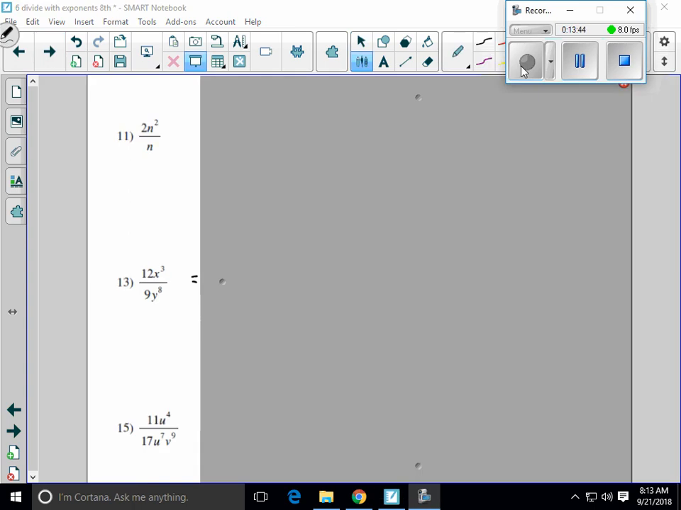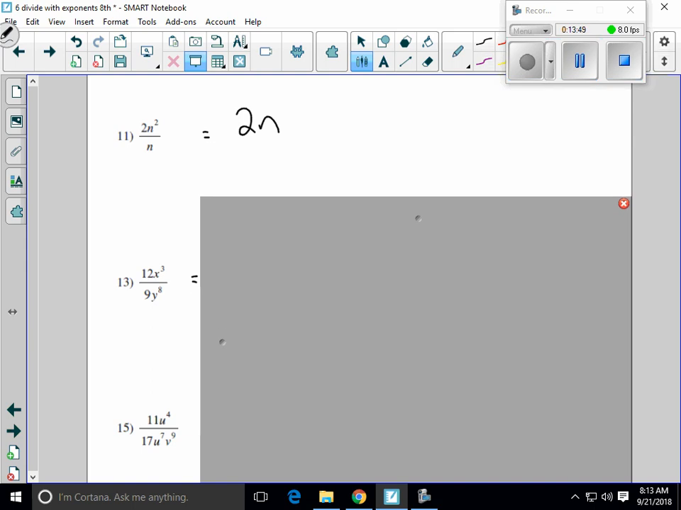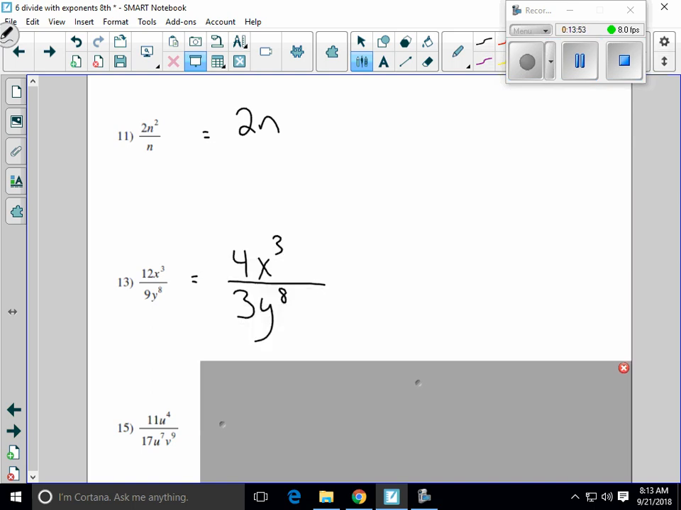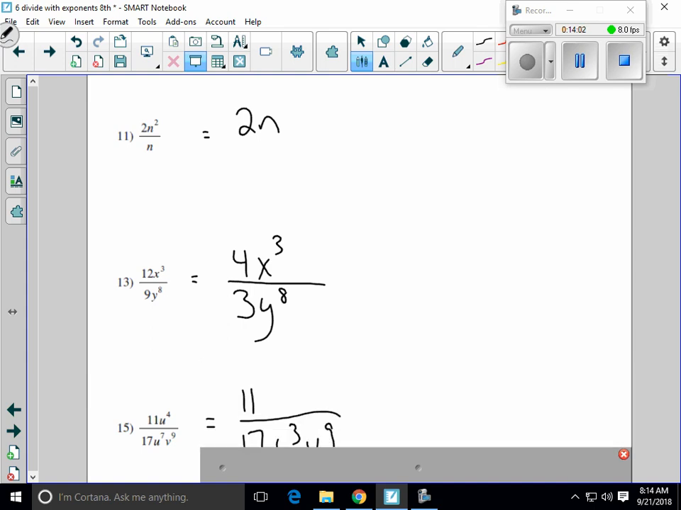Okay, here are your answers for 11, 13, and 15. 11 is 2n, or 2n over 1. Okay, you can reduce those numbers, but the variables stay the same. They don't have like bases. And then the last one,